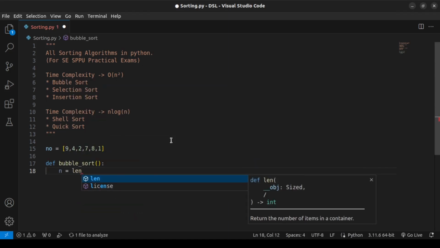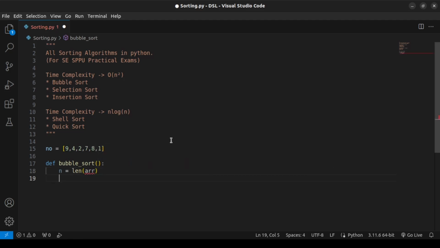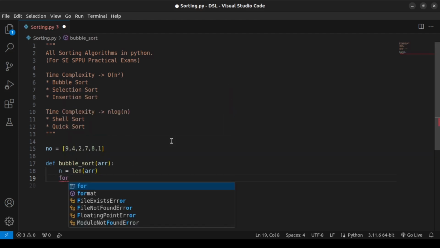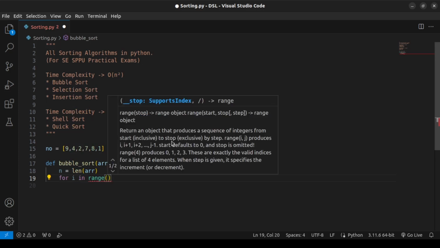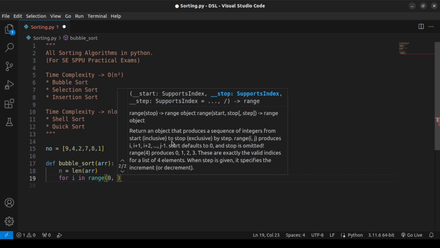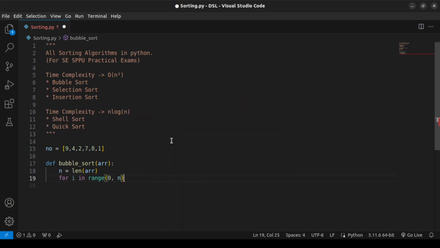So first we'll do n equals length of the array. So the array has to be taken as a parameter here, right? n is length, done. After that we'll have to traverse the array from its start to the end. So for i in range 0 to n. You can actually just write n if you're really lazy. That will also work because 0 is the default value only,